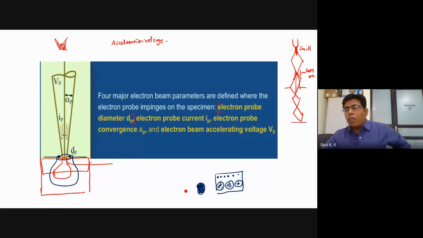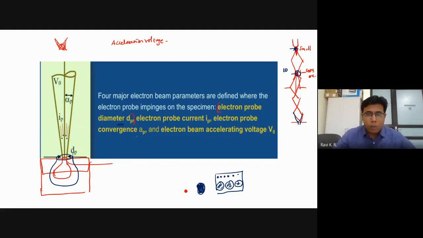One is that at the electron gun you have a certain size. Then if it is a Gemini column, this one and this one are the same, if you have a Carl Zeiss machine. Otherwise, in all other machines, this diameter at this stage is generally 10 times higher than the normal beam diameter. But once it comes to the sample surface, this is what we call the electron probe diameter. That depends on many parameters, which we'll discuss in the next few slides.